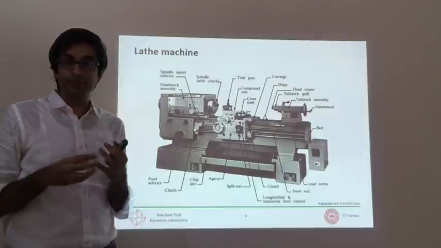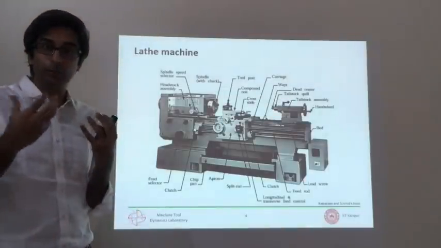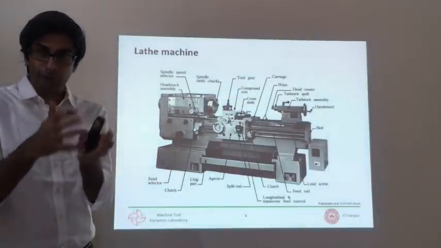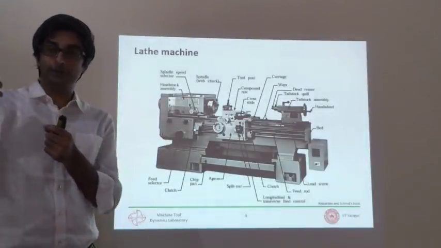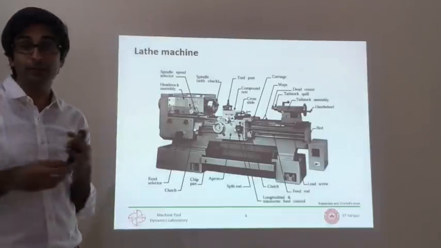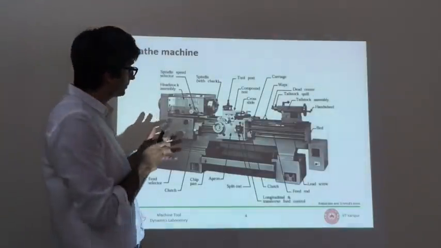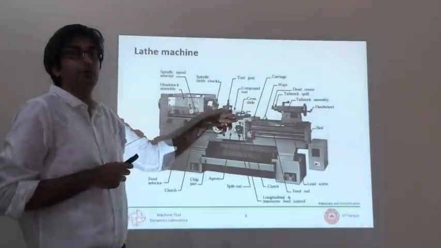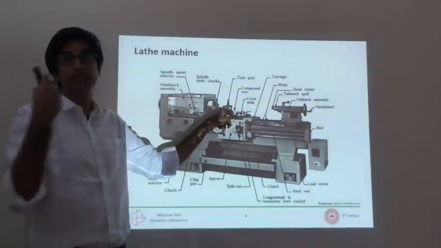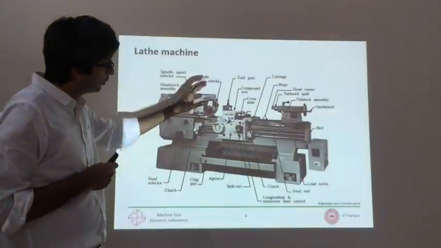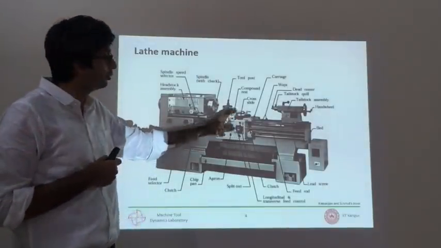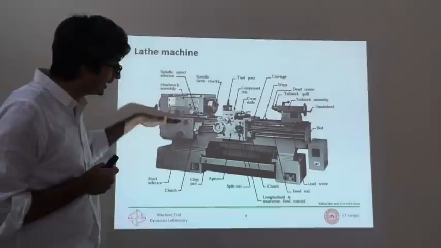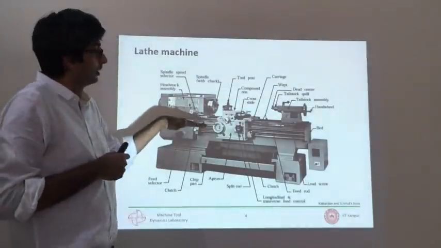Like the name suggests, you will remove material, going from the elastic state to the plastic state, to then fracture, and then remove that portion that is fractured, and that is why it is called subtractive. So this tool is very important because this is what helps remove material. The tool is supported on a cross slide. This cross slide, like the name suggests, can give you cross motion. That means it can give you in-plane motion.